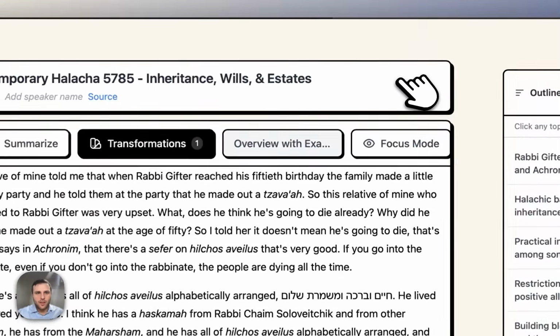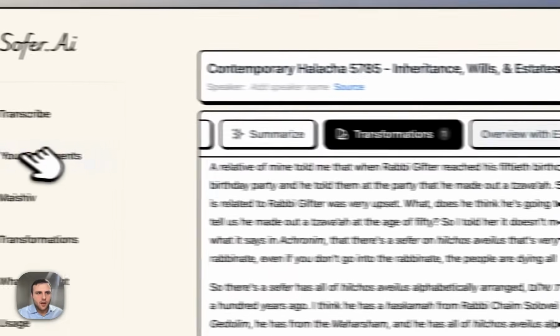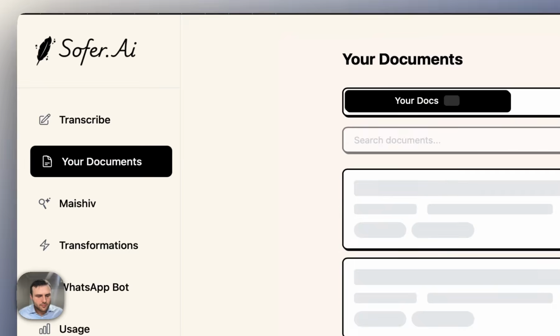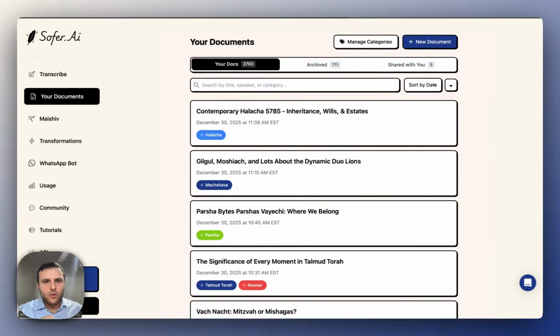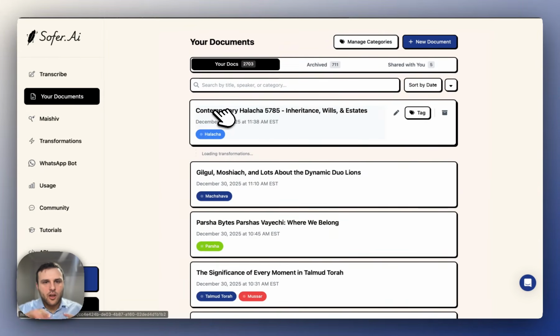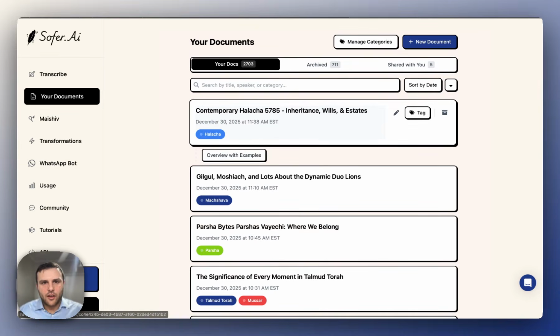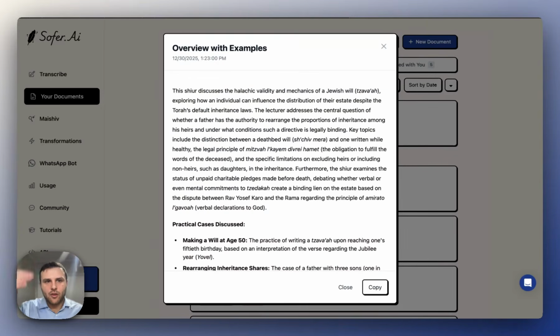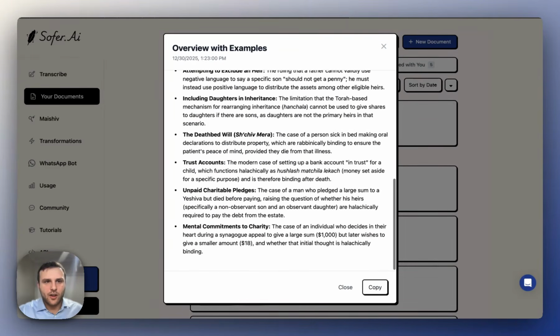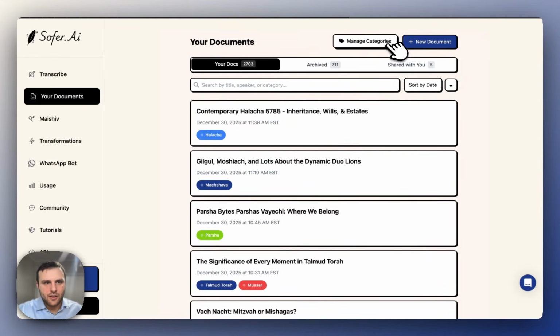But not just that. What I think is a really cool experience that we built in for this transformations use case is that now you could quickly view it from the documents page by hovering over the transcript. It only works on desktop right now, but by hovering over the transcript, the transformations will appear here. You could click it from this page. You don't even have to click in and view the transformation. And you'll see where this could become particularly valuable, and that's with our automations.